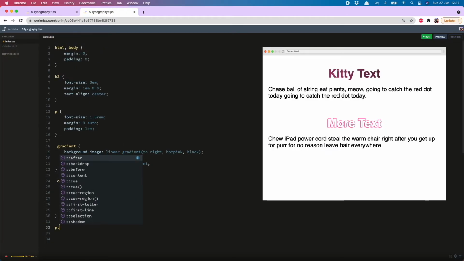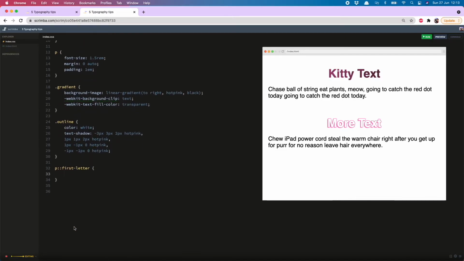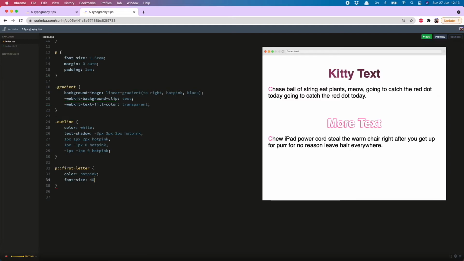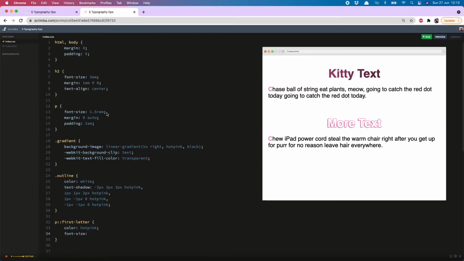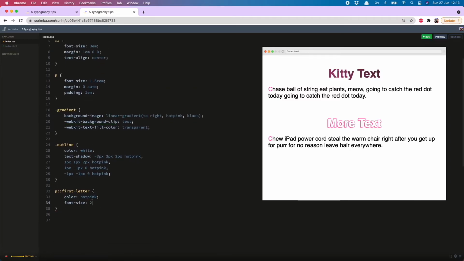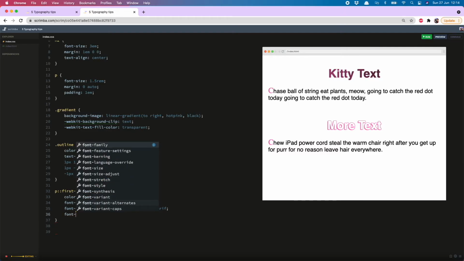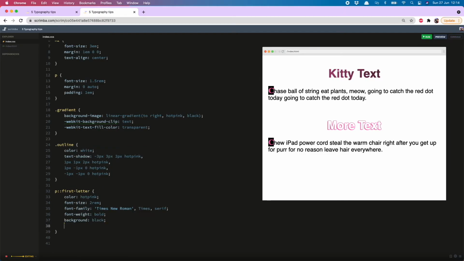This uses a pseudo selector, creatively called first-letter. And what I have done is change the color to a hot pink, selected a larger font size. So the paragraph font size is 1.5 rem, so I'll make this maybe 2 rem. I'll add in a different font family. So let's go with Times New Roman, a nice bold font weight, a background of black,